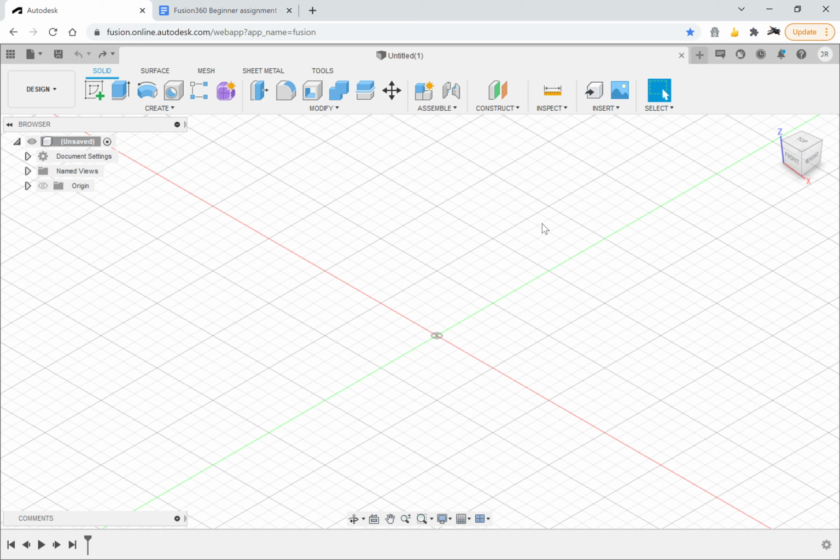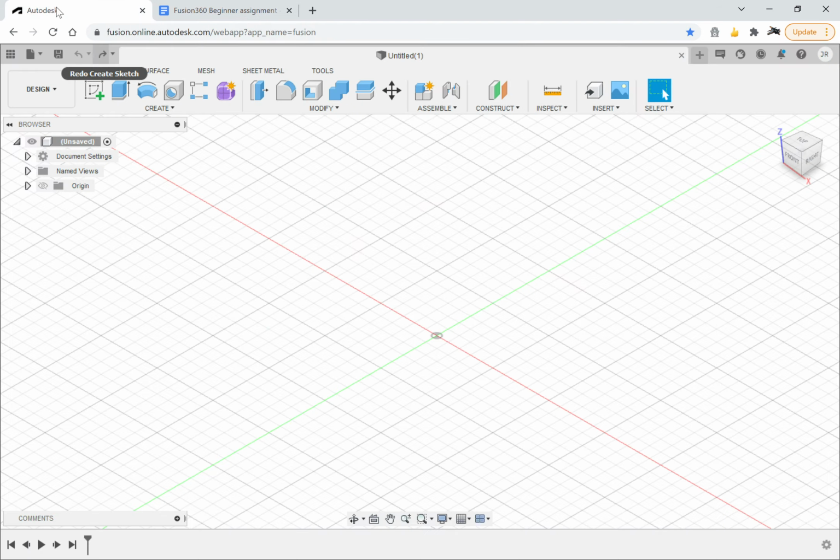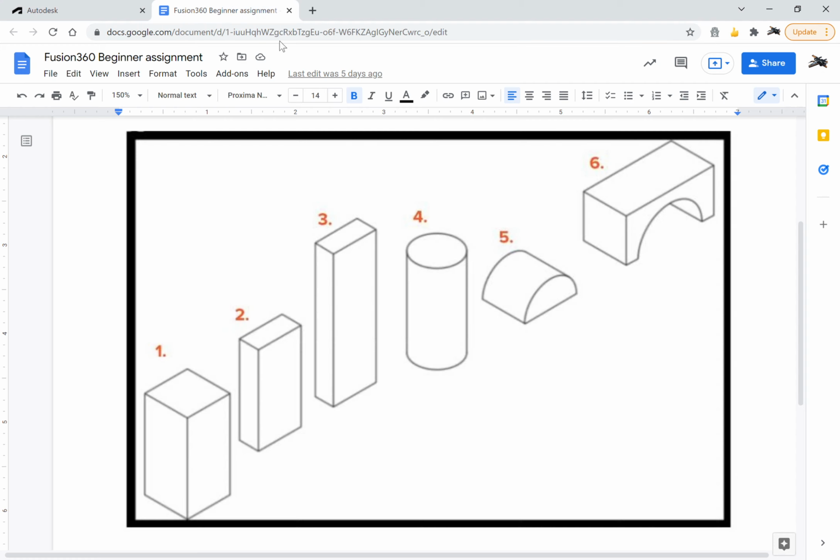Welcome back. In our first assignment, the last two objects, numbers 5 and 6, that we had to create were slightly more complex shapes. They were not based on just circles or rectangles. They had those shapes within them, but there was more going on. These are more advanced shapes to create. So what we're going to do is take a look at how to create number 5